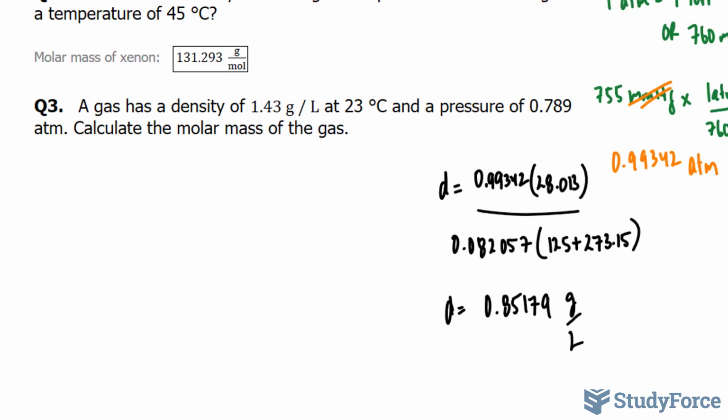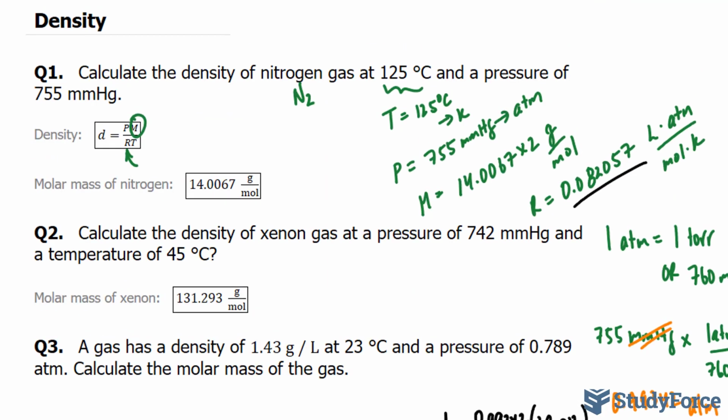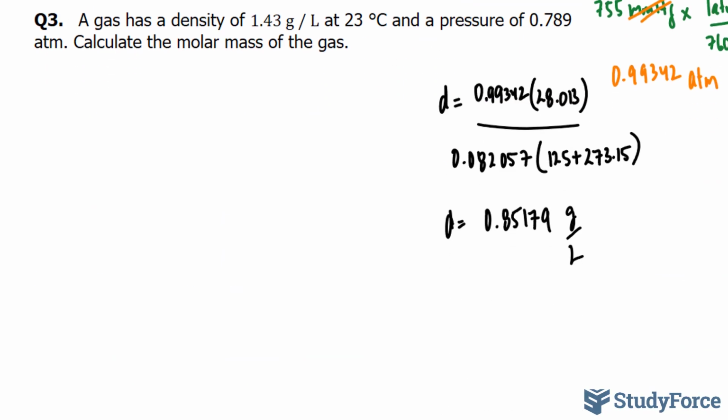And if you actually wrote down all the units as you were doing your calculation, you would find out that you would end up with your grams over your liters. Now, we had 3 significant figures in this number and this number. We should also end with 3. That being said, everything after this 1 is insignificant, although this 7 is greater than 5. So this 1 will become 2. We have density is equal to